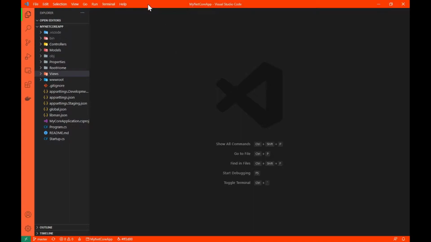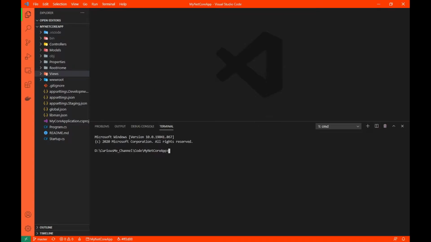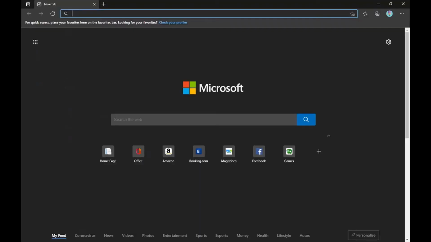Now with that, let's start coding. As you can see, I have opened my Visual Studio and this is the application that we have been building since the beginning of this tutorial. You can use this link in the tab to go to the playlist, and the link is also in the description, so you can start from the beginning if you want. Otherwise, let's continue. Basically, I'll simply start my application before doing anything.